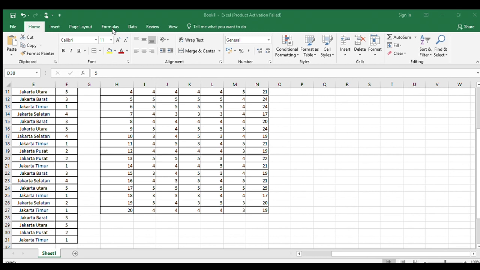New data. Click variable view. In the name column, write item 1 until item 5.